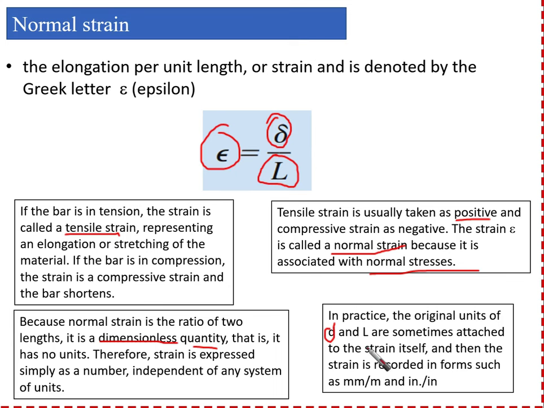D and L are sometimes attached to the strain itself, and then the strain is recorded in forms such as millimeter per meter. Sometimes even that millimeter per meter is also considered to be dimensionless, but we want to put some units there. So, for example, 6 millimeter per meter means that every 1 meter there is stretching of 6 millimeter. That's the meaning of millimeter per meter,